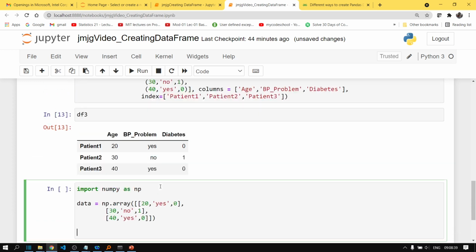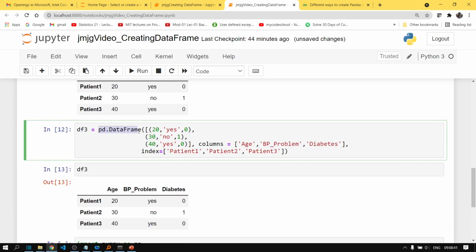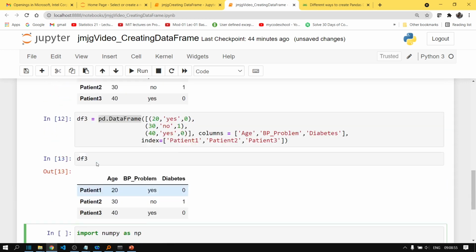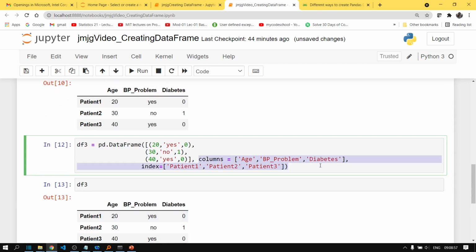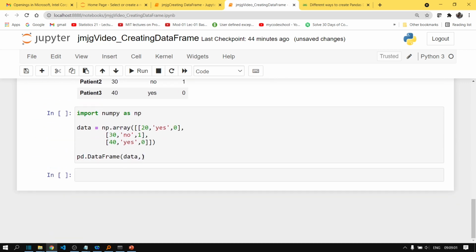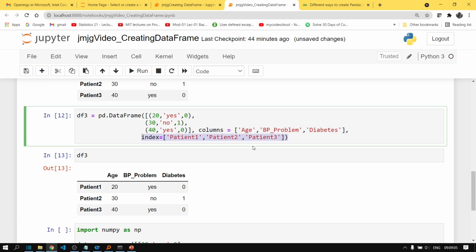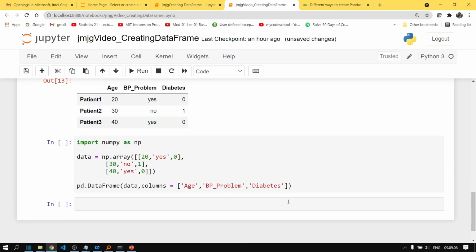Now in the next line we will again do pd.DataFrame, and we will pass data equal to data, or you can simply pass data. Fine. And again you have to specify the column names and the indices in the same way that we did earlier.